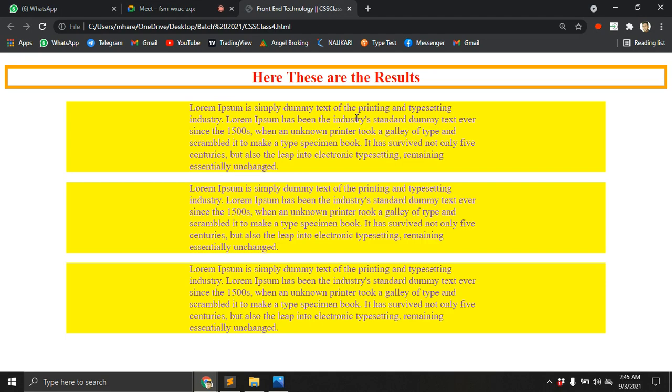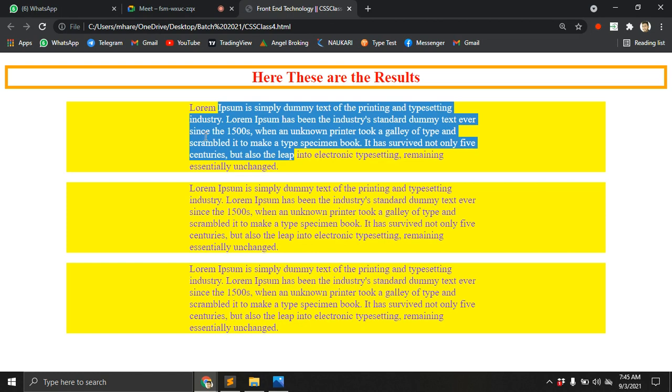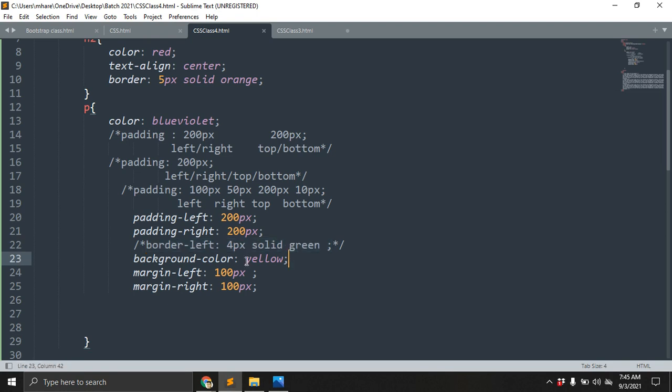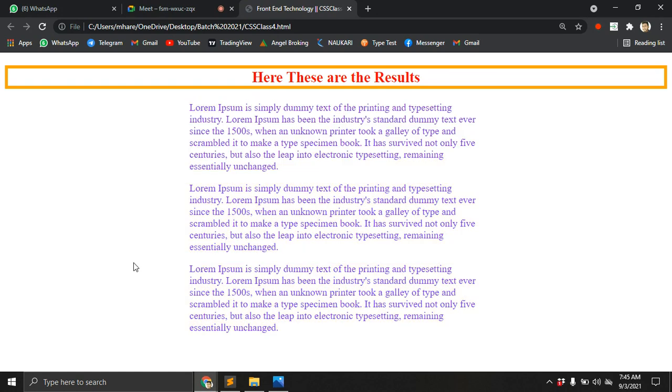Yeah guys, okay, here you will understand that you can see there is the content, and beside the content there is padding, and beside the border you can see the margin. I'm removing the color, so you may not understand. Let's save and refresh the page. You can see where the padding is and where the margin is. There is a color, that's why you can understand, but when there is no color you can't understand.